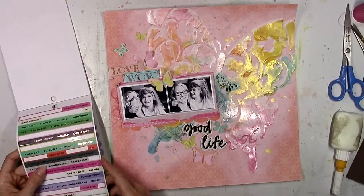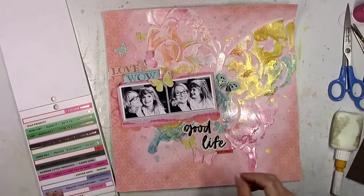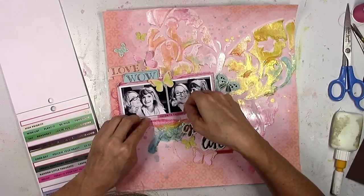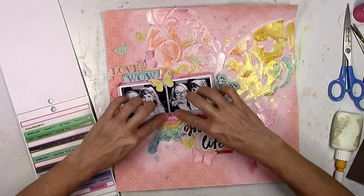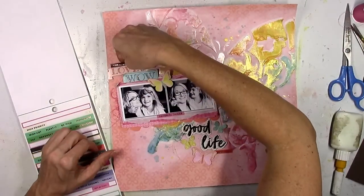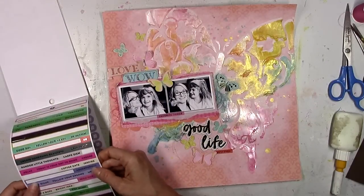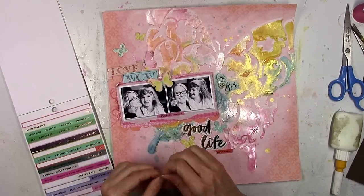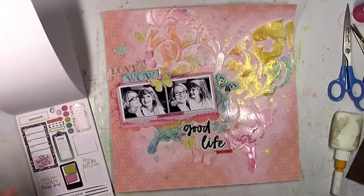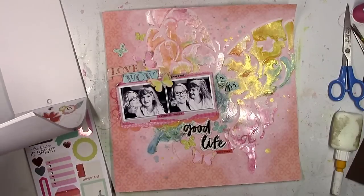Now this is something I use all the time. This is Paige's 30-page sticker book, and it's got a ton of stickers. You can see here, I love this sheet that's got all these colored vellum phrase foiled stickers. I use them a lot. And I'm just going to use a couple, maybe I'll use one, I think. No, I use more than one. I use a couple. And they just say different general sayings that go with pretty much any type of theme